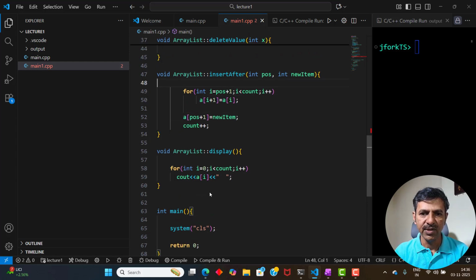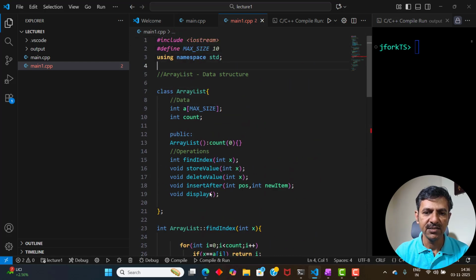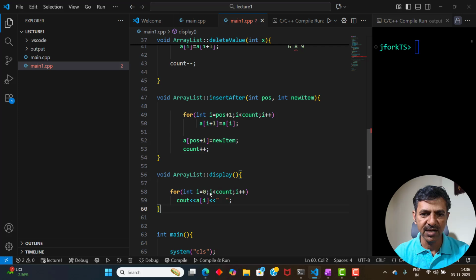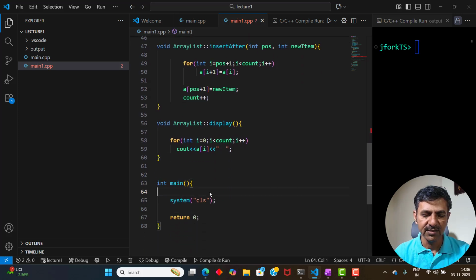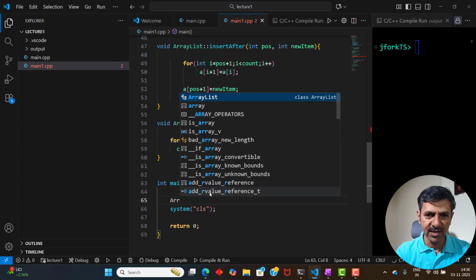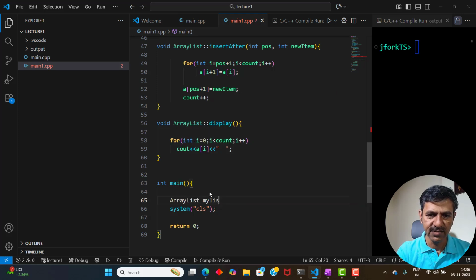Okay, so we defined the array list data structure with two data objects here. One is the array, second is the count, as to how many elements are there. In the constructor of this class, we are initializing count to 0. So initially there are 0 elements. So we will be putting the elements one by one, and as the elements are added, you will get different list values. So the way to define that is, let us say ArrayList myList,